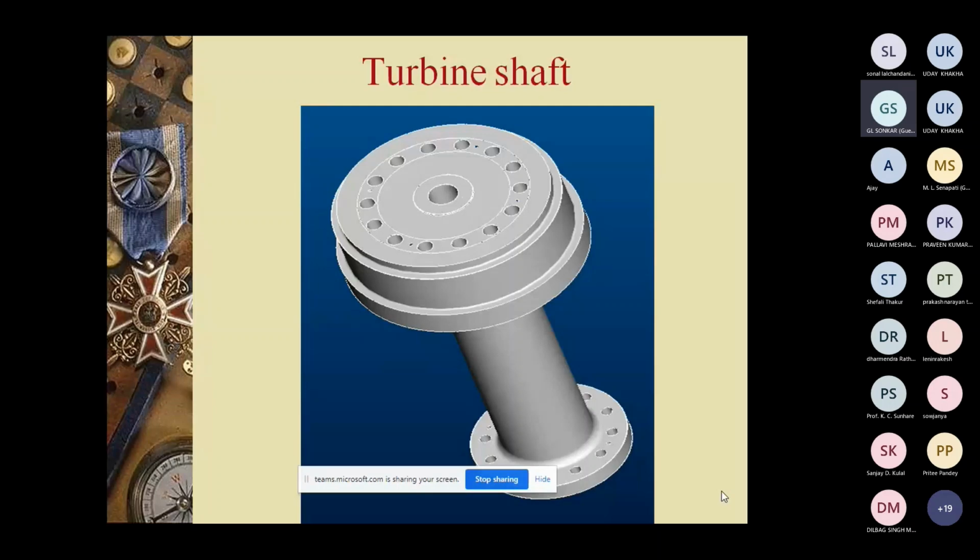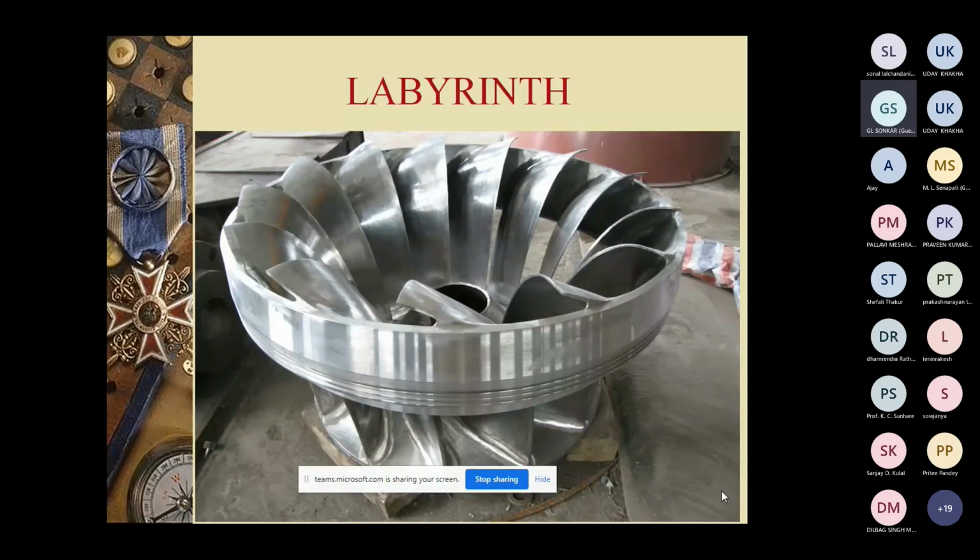This is your labyrinth, as I told. What is a labyrinth? Labyrinth seal, they call it. See, the turbine is a rotating part, and the turbine pit or liner is the housing where your turbine is rotating. You have some civil structure and on the inner periphery some steel liners. Inside that, your turbine is rotating. That means one fixed structure is there, and inside the fixed structure your turbine is rotating. That means there should be some gap between your turbine and the fixed civil structure.